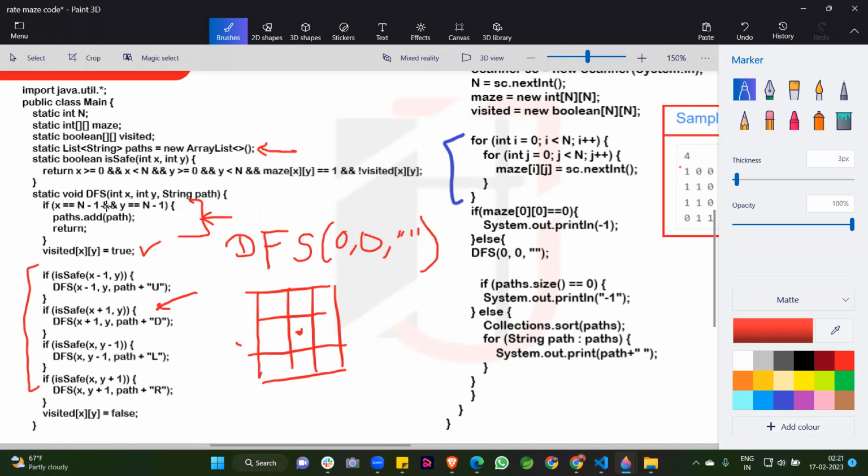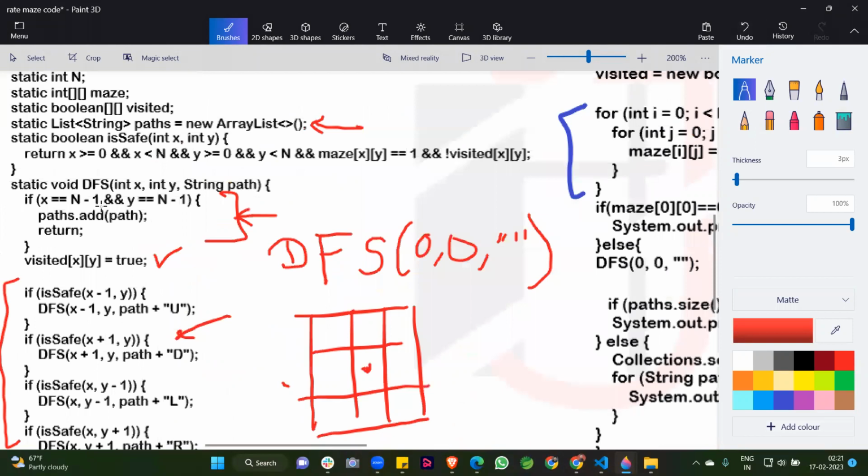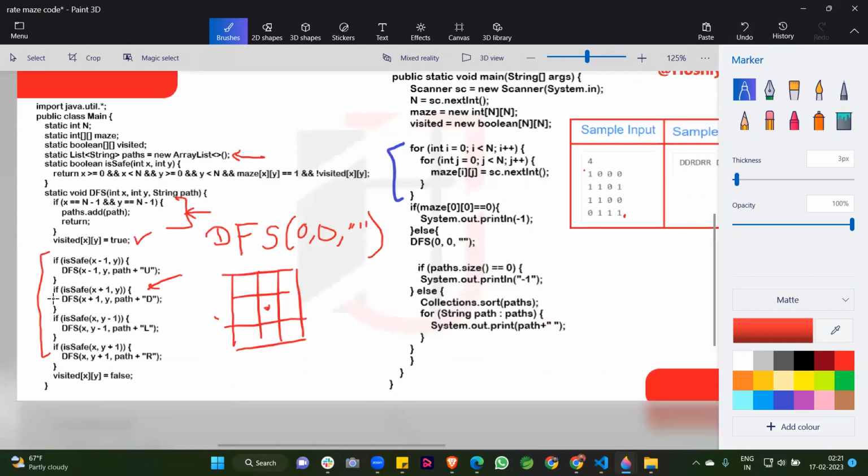We first call the DFS, and again we call the DFS. This if condition is executed, and our recursion starts here. So DFS is called with x plus 1 comma y, then path. At first we are here, now we come here.